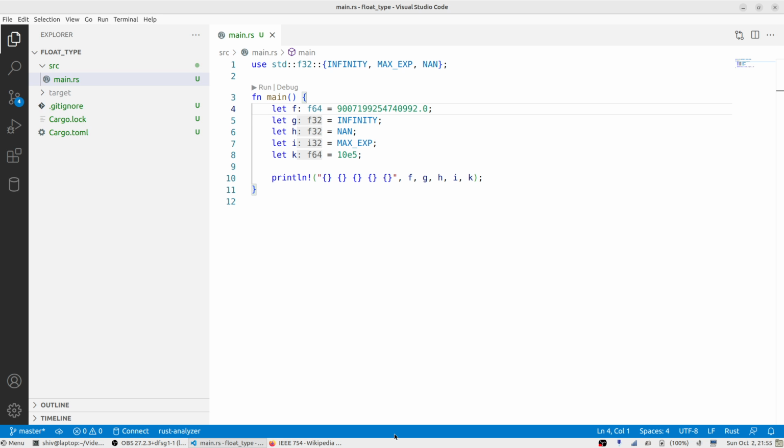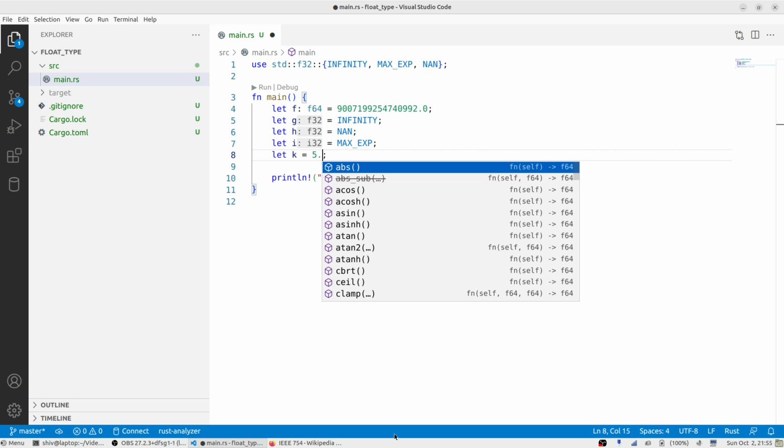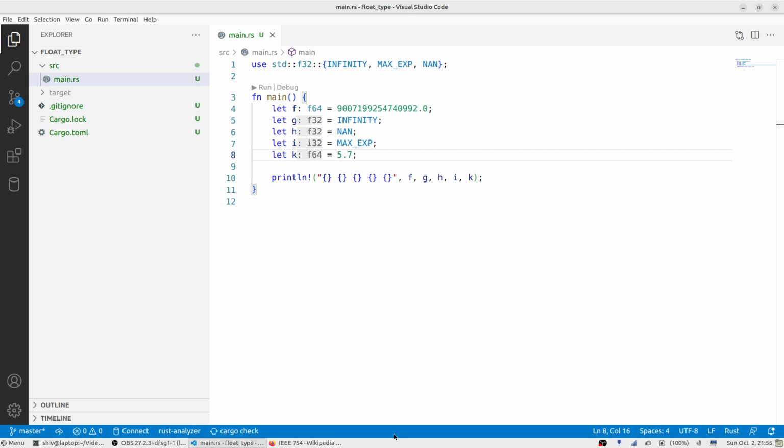In this video, we will learn about floating point numbers in Rust. So we have studied integral values. Now we will study floating point numbers. So floating point numbers could be like 5.7. So these are fractional numbers, and I am putting that in